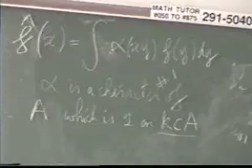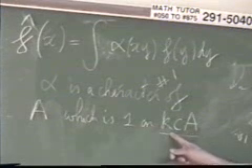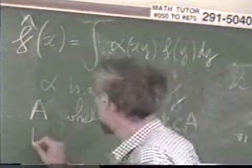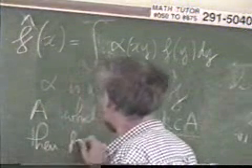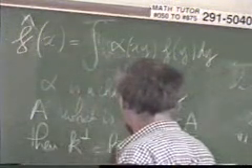Now, what one can prove, which requires a little bit of care, is that if you take such a character, the orthogonal of K is K itself. Namely, the orthogonal of K as a lattice is equal to K,